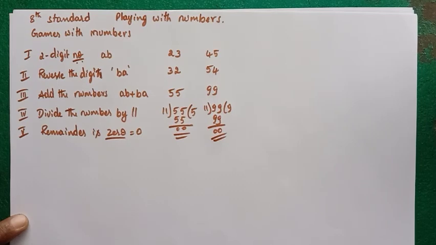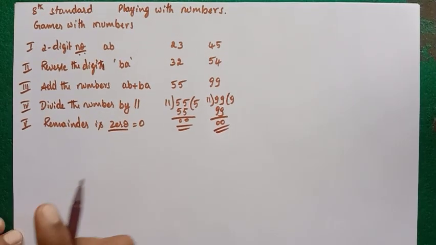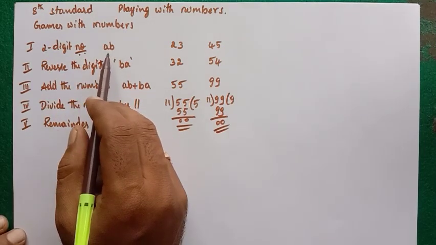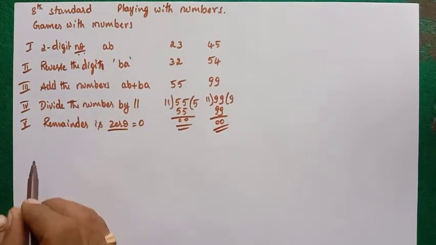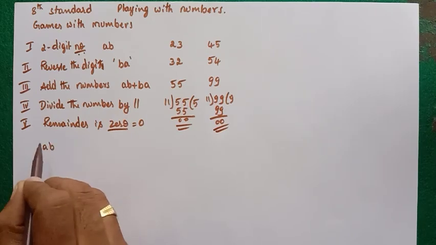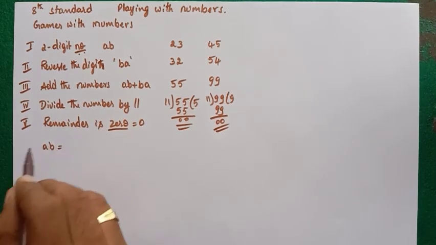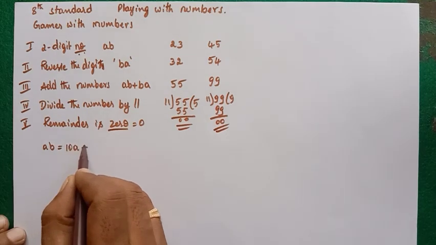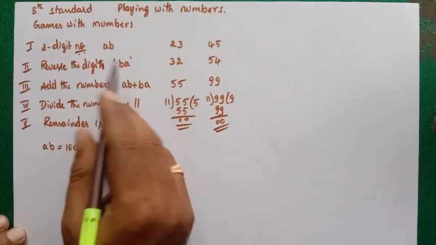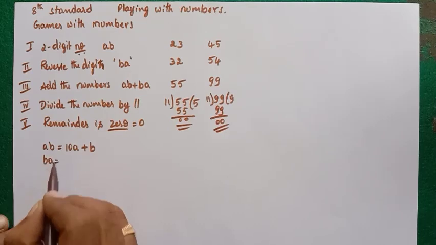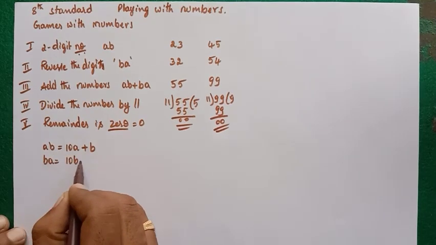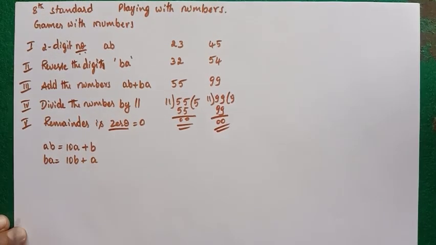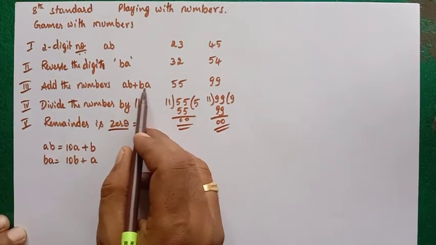How it works is most important here. We will deal with it now. As I took in my example, let AB be the two-digit number. Here A is in the tens place. So what happens here? 10A plus B. And as you reversed it, BA is equal to 10B plus A. If we add both these numbers, what I have asked here,